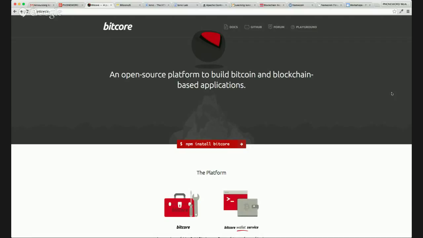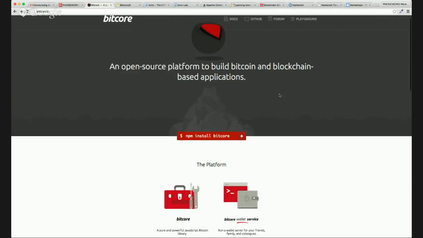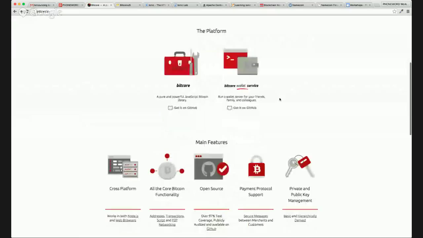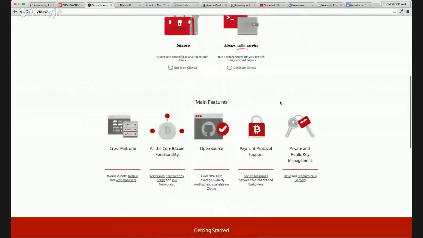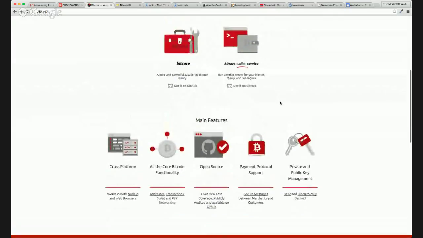It's brand new to me. I really haven't used this at all, but what I'm excited about is it looks like it's got some blockchain capabilities built into an easy to use platform. So I'm interested in experimenting with this to see what can be done with the blockchain using this Bitcore,